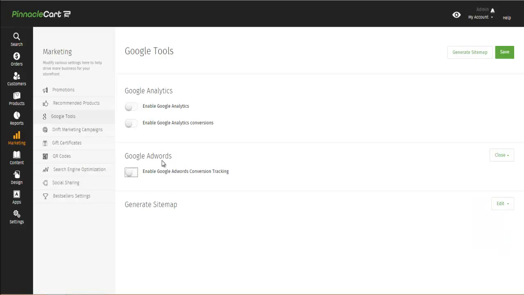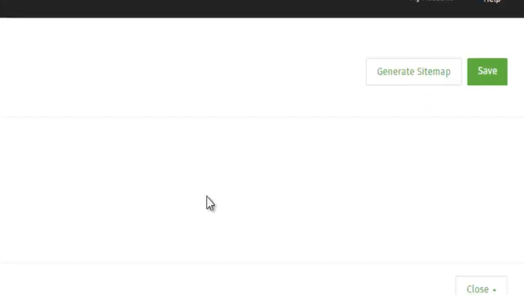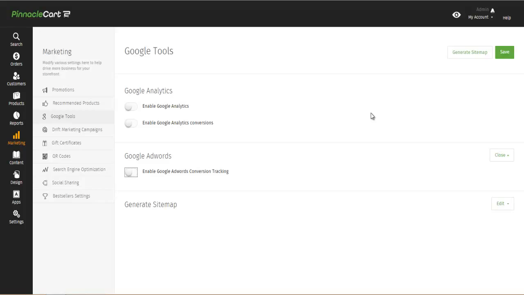Once you have all of that done, you definitely want to generate a sitemap, because part of the Webmaster Tools accounts on either side, doesn't matter what search engine you're registering with, they will require a sitemap to analyze to make sure your page is legitimate. So after all these settings are in place, after you've done your engine optimization, and you've also done it on the product and category level itself, all these are done, generate your sitemap. It'll initiate an XML page download, which you then can actually upload into your Webmaster Tools account to include with